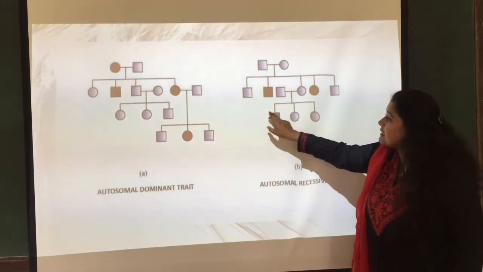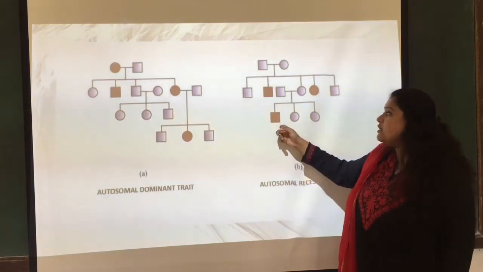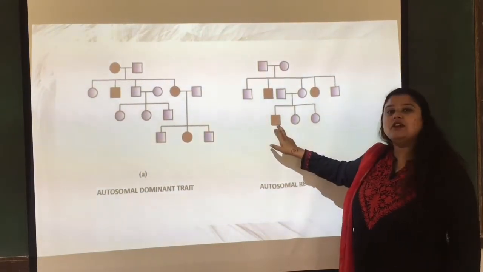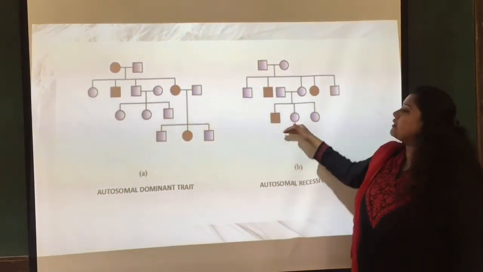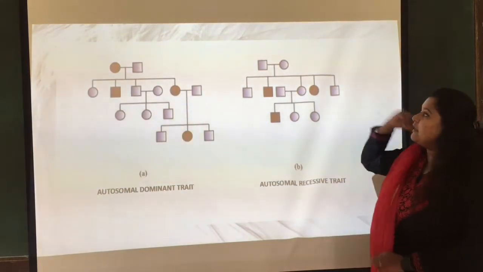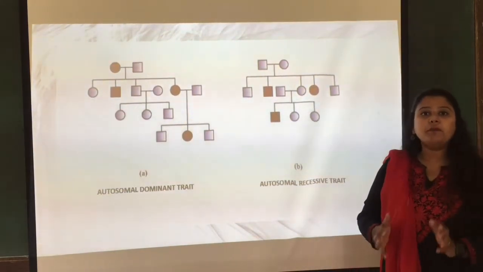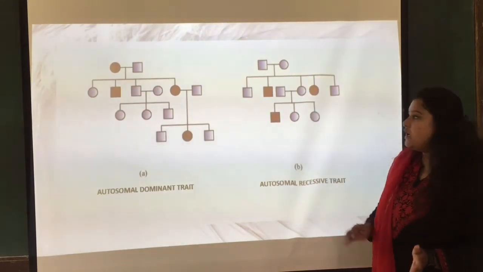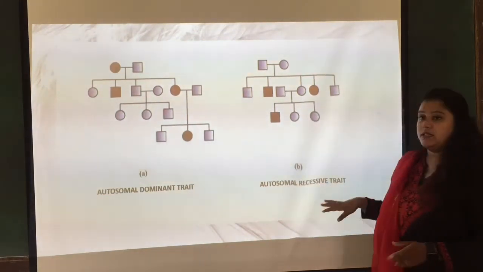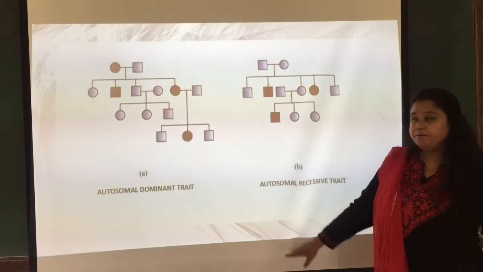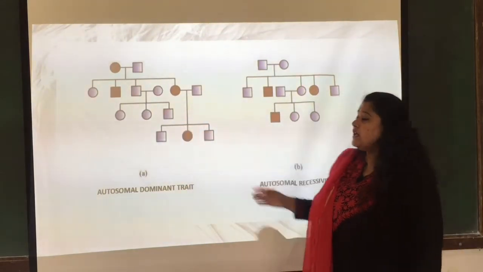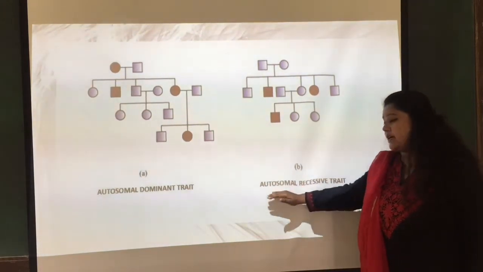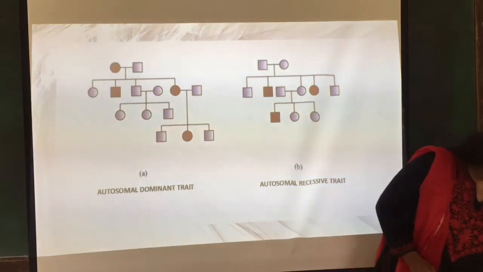Now, this son is having the particular trait or the genes of that trait. But it was not present in the parents, and it is expressed in the 3rd generation. This was the first, second, and this is the 3rd generation, right? So, this is depicting that even though there will be recessiveness of a particular trait, they are expressing in few terms only, right? For this reason, it is said to be autosomal recessive trait. So, we saw 2 types of trait. Here, where the dominance is seen, it is expressing, and here it is not expressing. So, we have said it as an autosomal recessive trait, right?